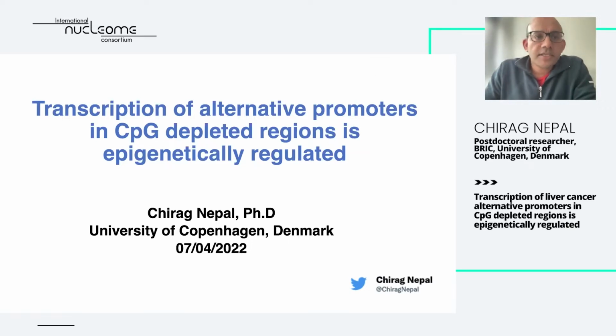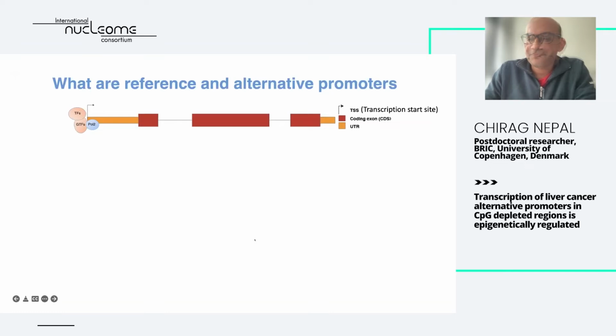The title of the talk is Transcription of Alternative Promoters in CpG depleted regions is epigenetically regulated. First of all, we define what is a reference promoter and what is an alternative promoter. This is a schematic representation of a gene where you have a UTR, coding exons, introns, and a TSS. The region around the TSS is a promoter where Pol2 and general